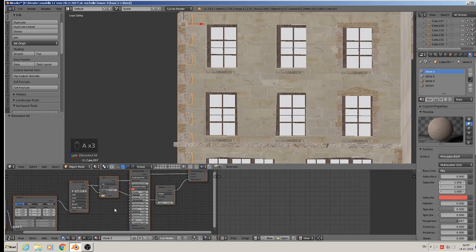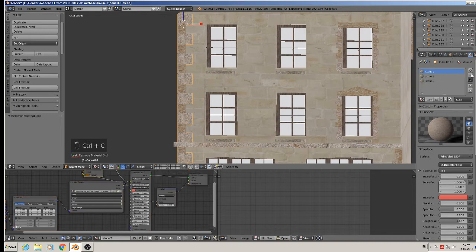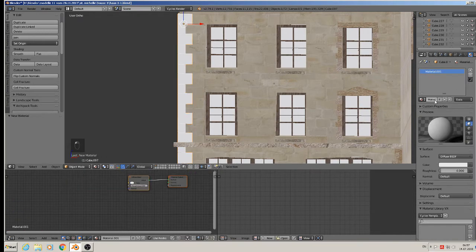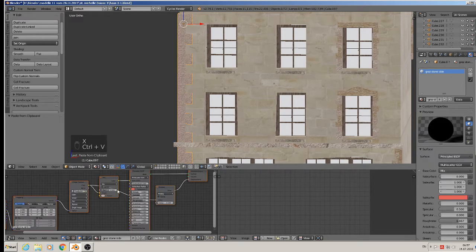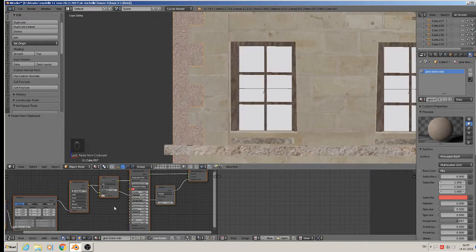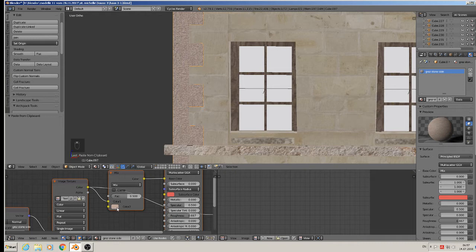So A, Control C to copy, and delete here all materials. Make a new one and call it gray stone side. We delete all what is in the node editor and Control V to plug in our other material there, and it should be gray. So we give here the color mixer